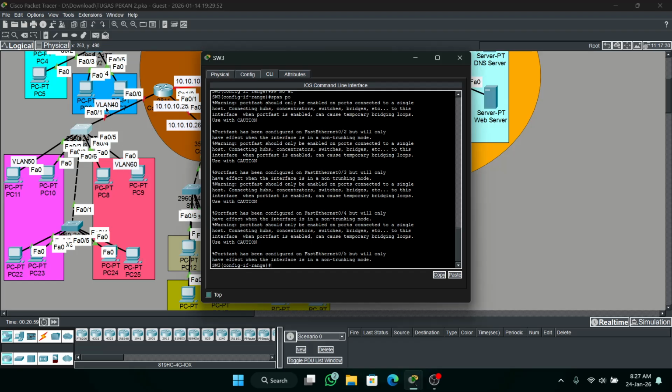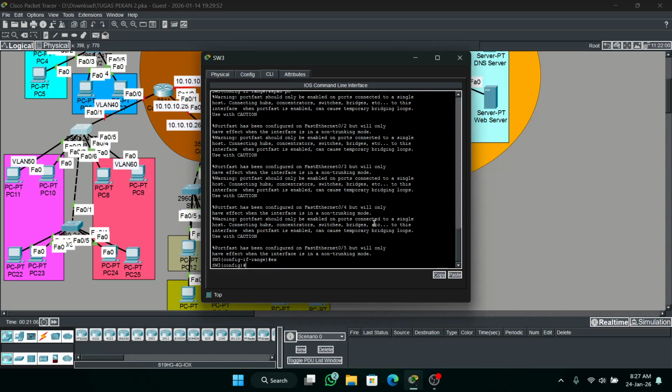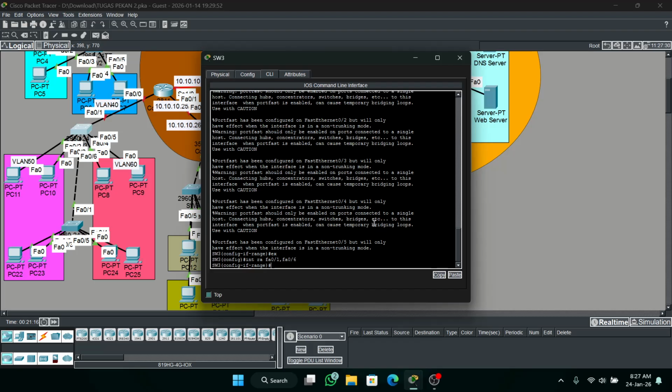So here fa0/1 is trunking from the router, and fa0/6 is trunking to switch 4. Interface range fa0/1 and fa0/6, switchport mode trunk.